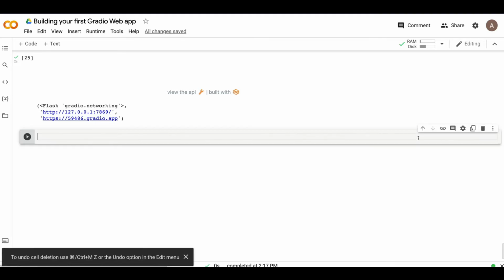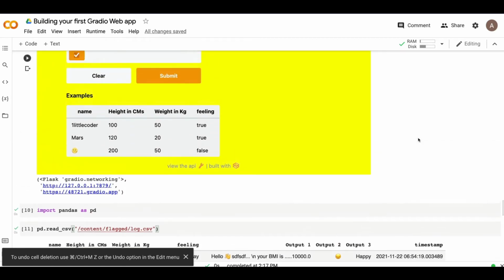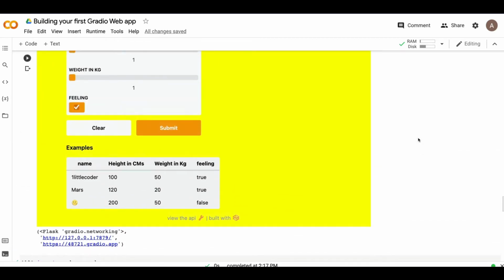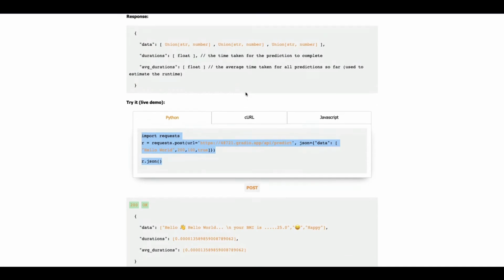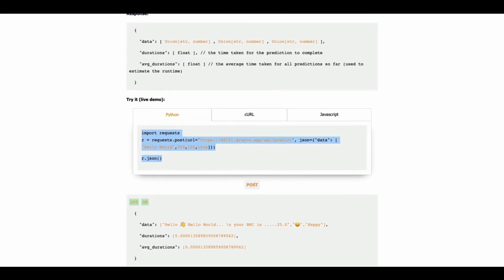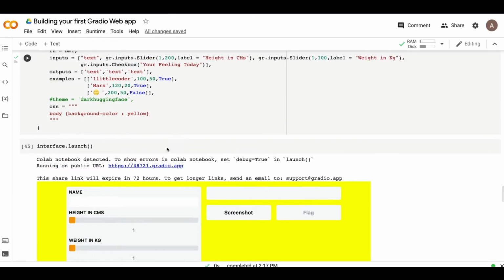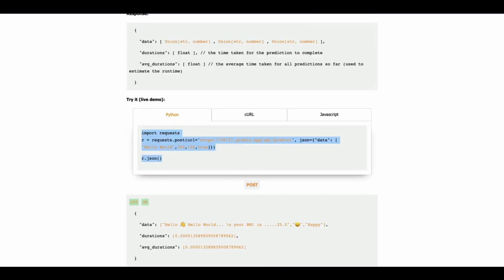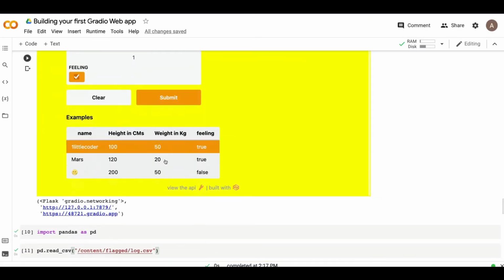So basically, not just the app that you can share with the world, but you can also share the API where anybody can make a call to the endpoint and get the result that they want. Instead of saying get the result, I should say post the request, then get the response. Yeah, whatever it is. So one, take this link, share the link with anybody, they would be able to access the app. Second, add /API, or the API link that you can get from here, and then share it with anybody, they can use it.